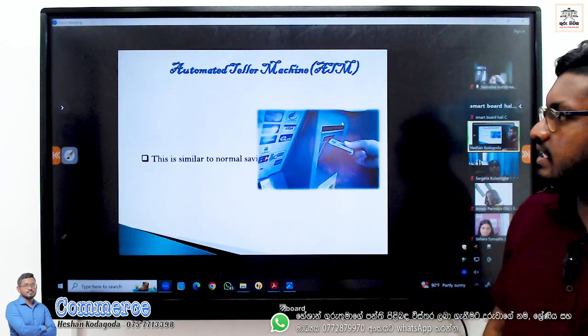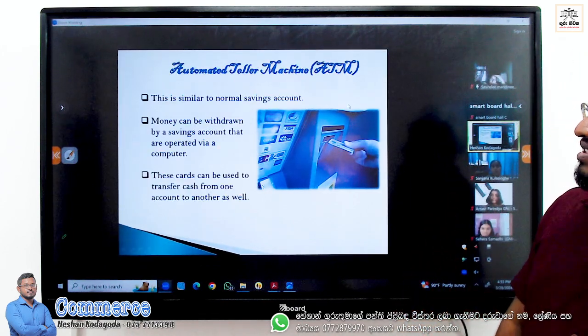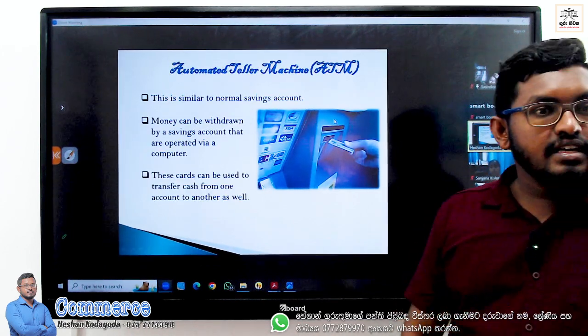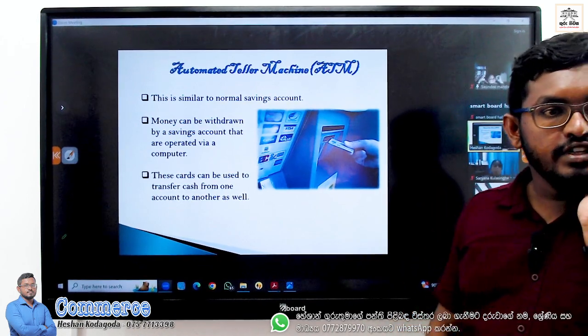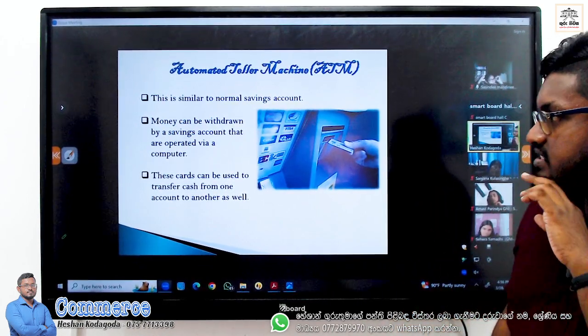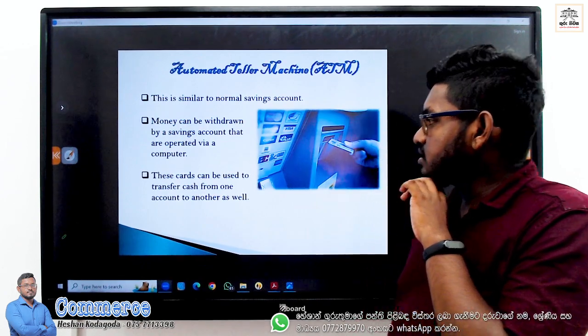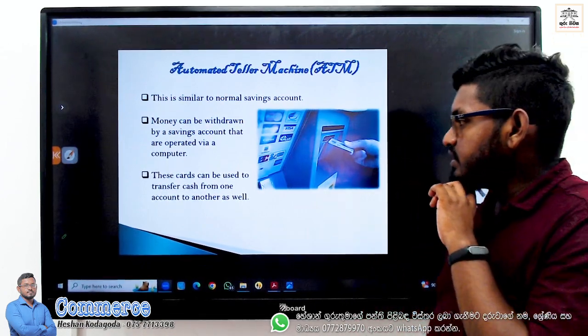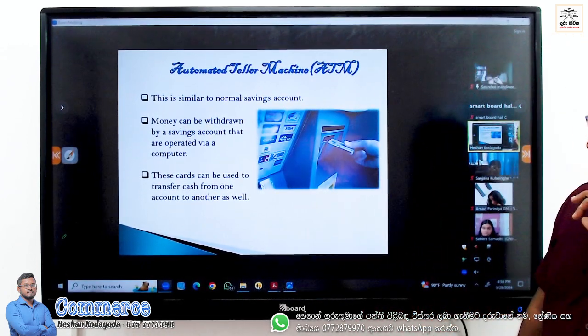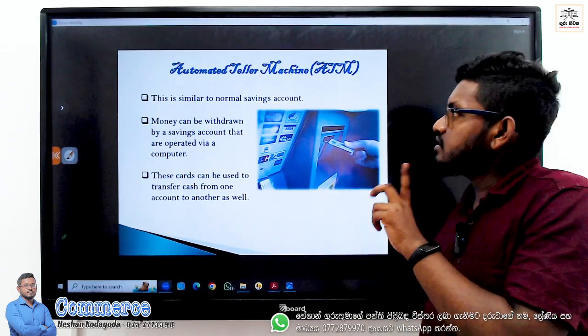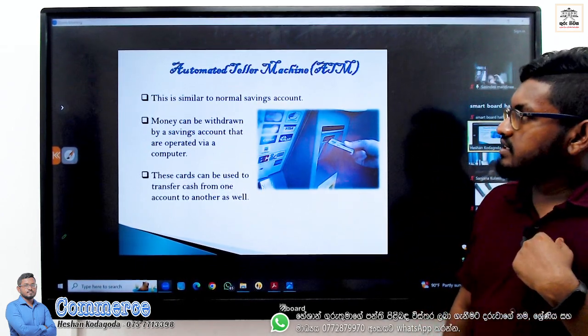Then ATM card, it is similar to a normal savings account. Money can be withdrawn from savings accounts that are operated via a computer. These cards can be used to transfer cash from one account to another account. Good. In the other one,